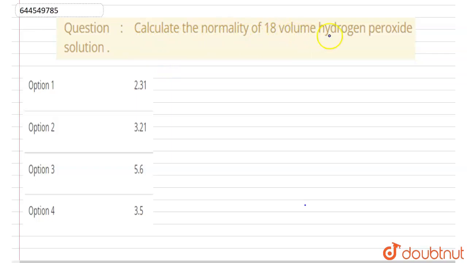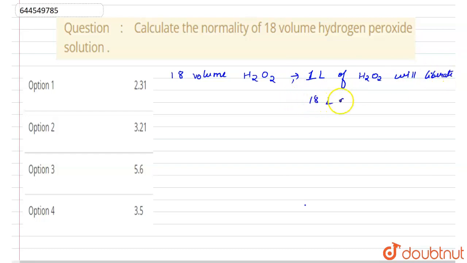Calculate the normality of 18 volume hydrogen peroxide solution. So 18 volume hydrogen peroxide solution means that 1 liter of H2O2 will liberate 18 liters of O2. So what will be the actual reaction taking place is H2O2